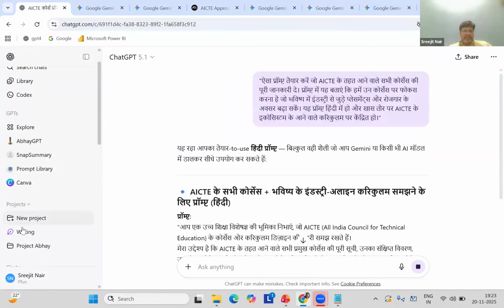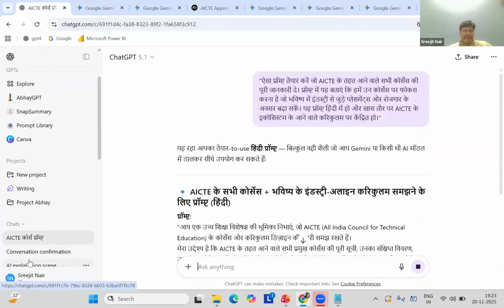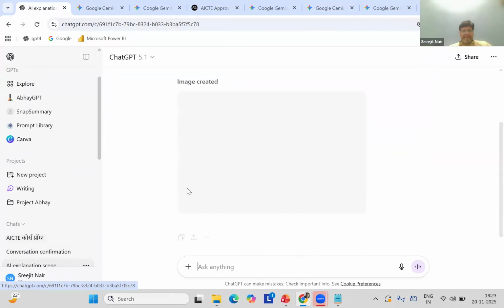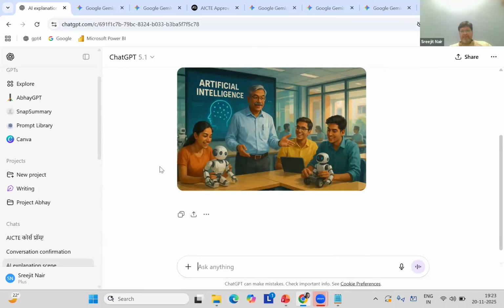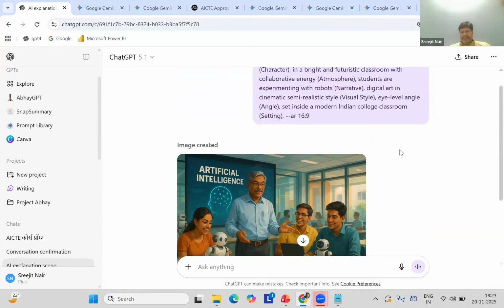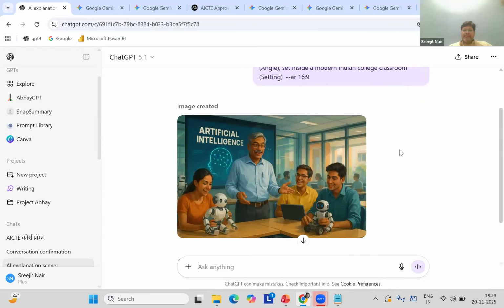So meanwhile, the image that I created. So this is the image that has been created. So to create an image, there are a lot more prompting styles. Two, I'll stick as I shared earlier, that